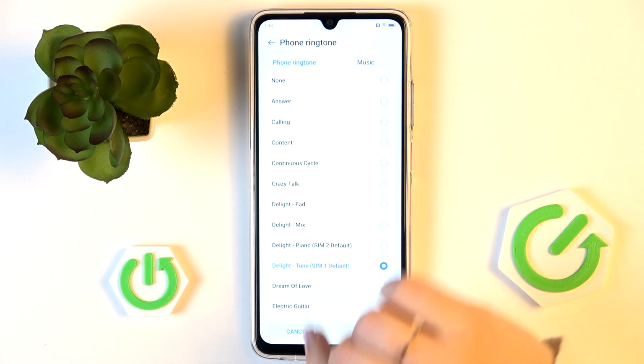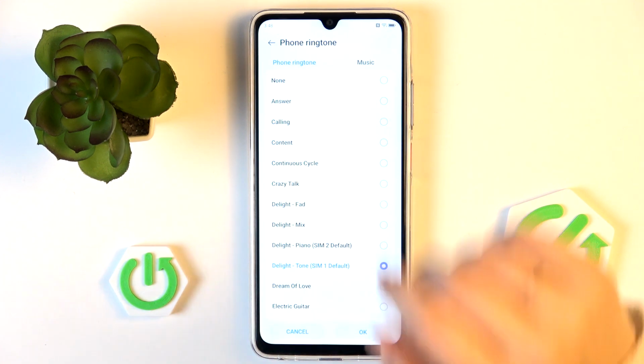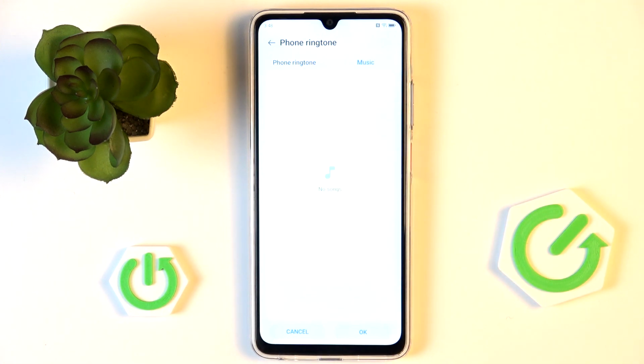At the top we've got the option None, which means that after choosing it, your device will not use any kind of sound to notify you about the incoming call. Or we can tap on Music and we will be transferred to our own files. So for example, if you've got something downloaded or recorded, then you will be able to choose it and set